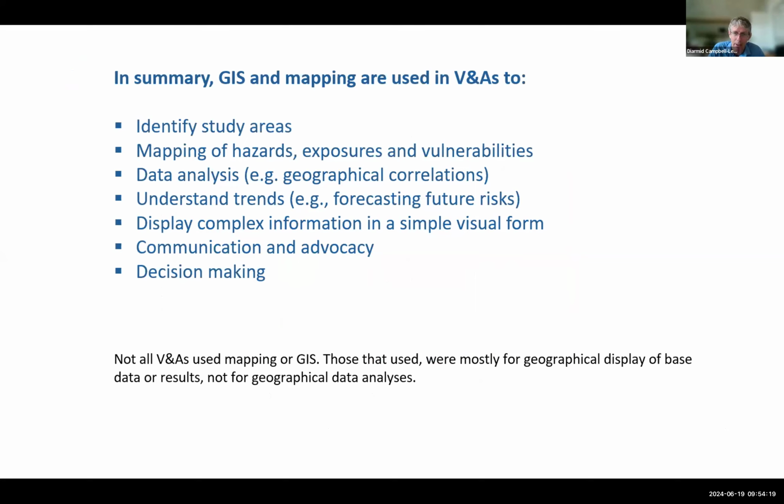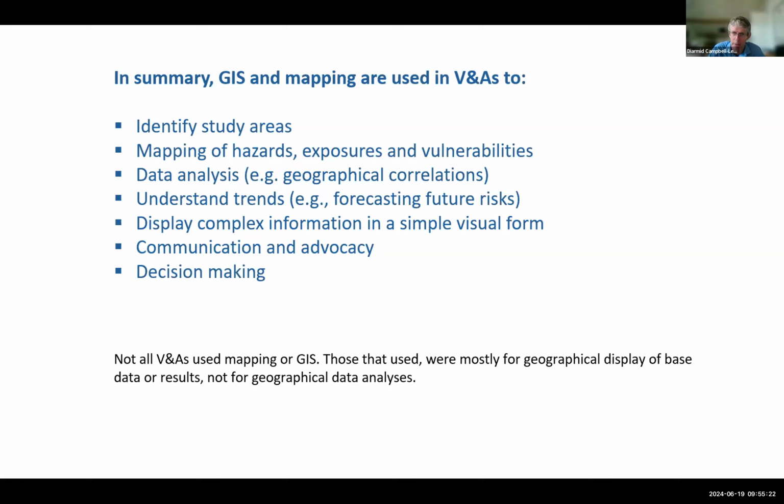So in order just to quickly sum up that introduction, GIS and mapping in vulnerability and adaptation assessments not only can be used, but are already being used in order to identify study areas, to map the current distribution of hazards, exposures, and vulnerabilities, to potentially look at data analysis, for example, as the basis for data analysis, for example, to look at geographical correlations between weather and climate variables and health outcomes, to understand trends, both observed trends in the past, but also to forecast future risks, and therefore, on the basis of all of that, to display complex information in a visual form, which we know from many examples are quite engaging for policymakers, for decision makers, and even the general public in understanding where and how risks are evolving, and use all of that as a